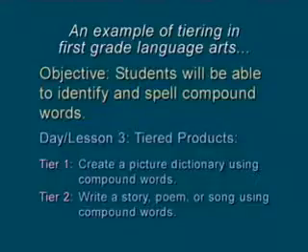They'll write and illustrate one compound word on each page. Students in the other group, those who have demonstrated a more advanced grasp of compound words, will create stories, poems, or songs using as many of them as they can. Are both groups meeting the objectives? That is, are both groups identifying and spelling compound words? Yes. Do the tiers offer challenge at different readiness levels? If your assessments have been accurate, and if you've used them to design your students' tasks, then the answer should